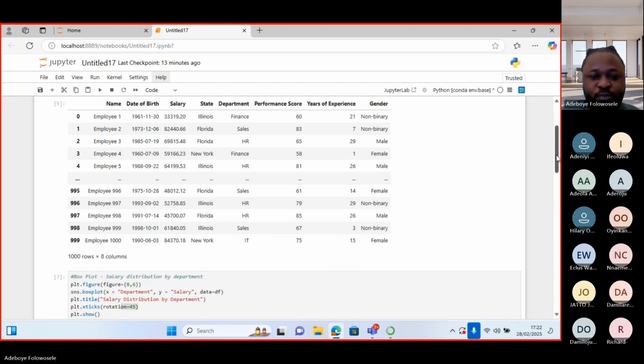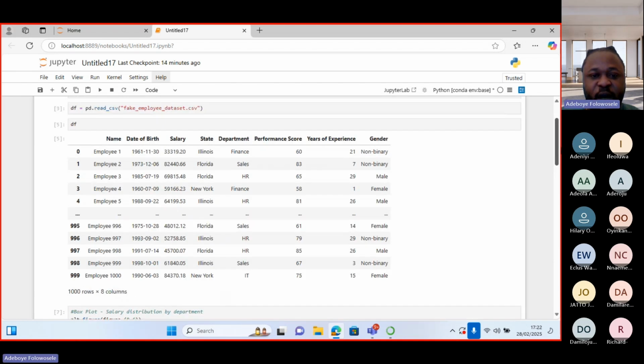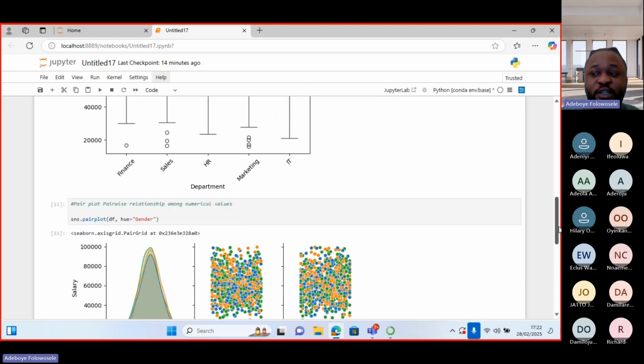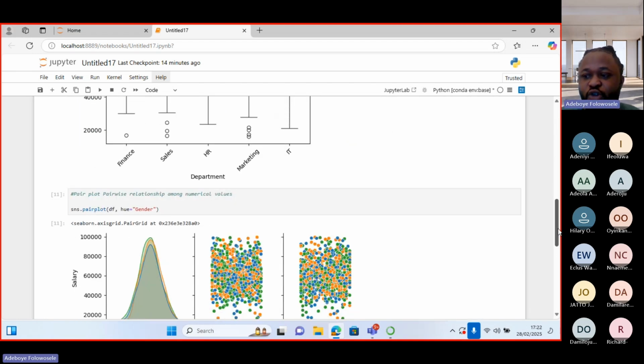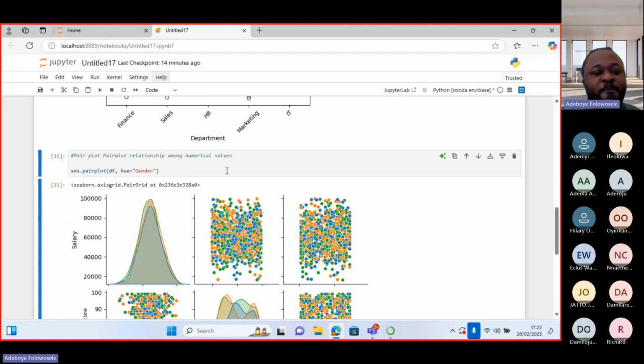So I can do the same thing for department as well, because department is also a categorical variable. All I need to do is to change this gender to department, and it will do the same thing for me. So if I should do for department now,